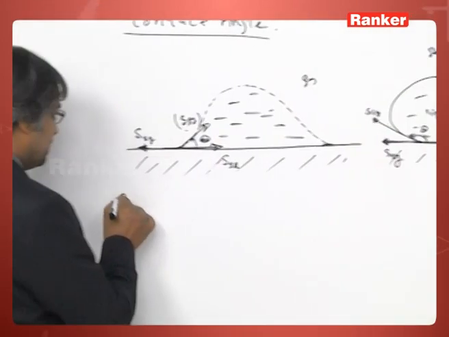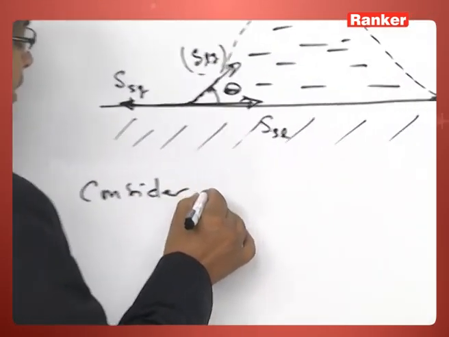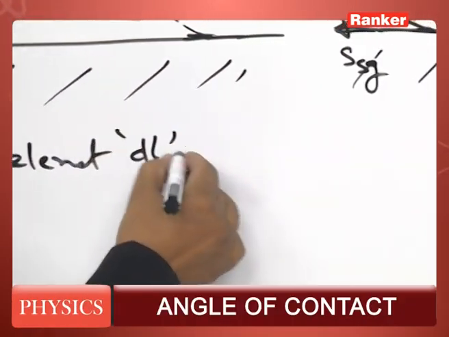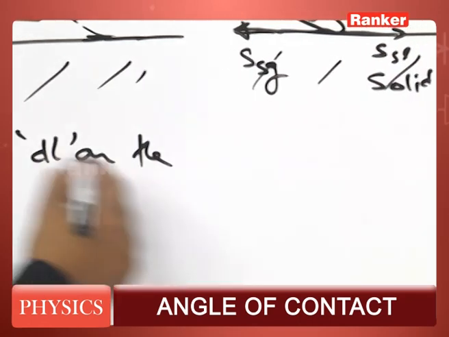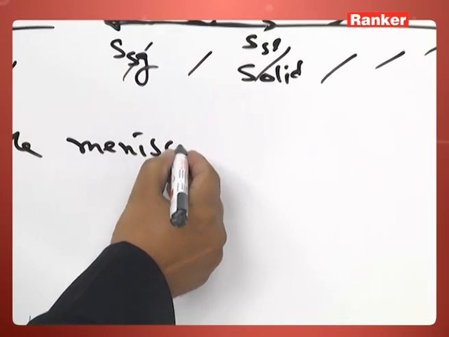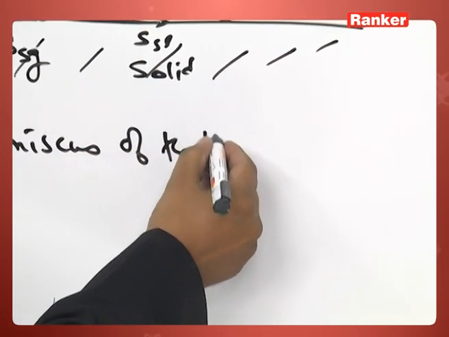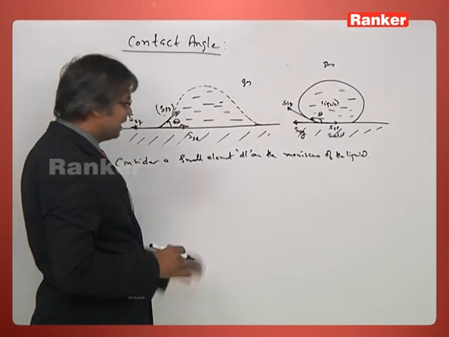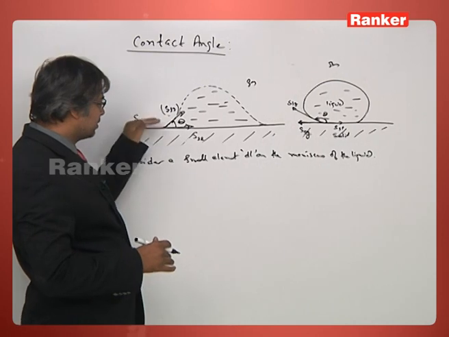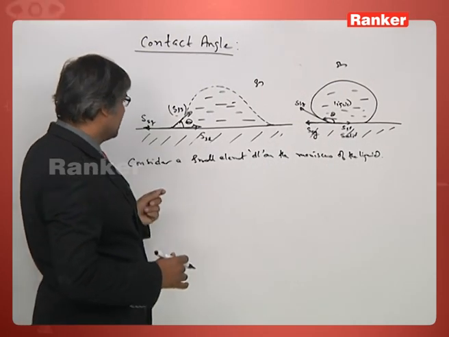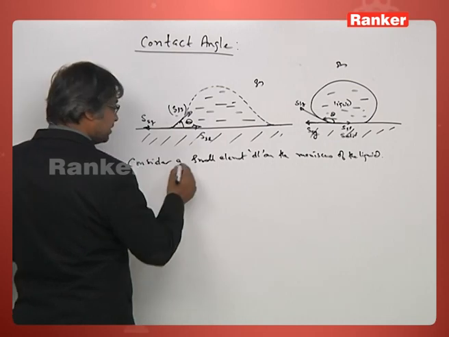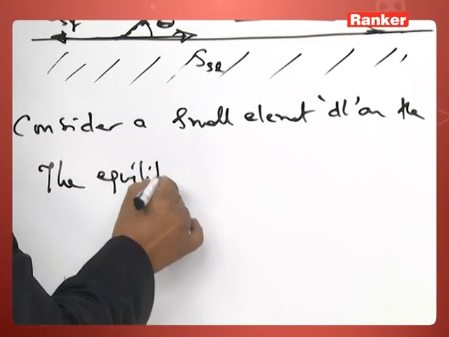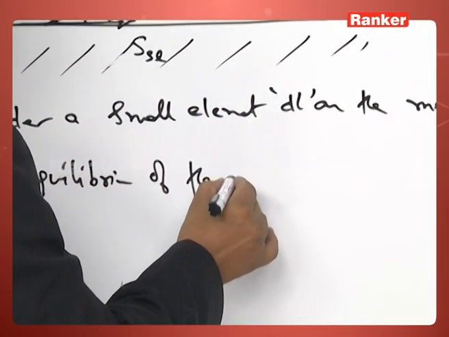Now, consider a small element dl on the meniscus of the liquid. Meniscus means the liquid where it is in contact with the solid surface. So, here a small dl. Here consider the small element. The equilibrium of the element